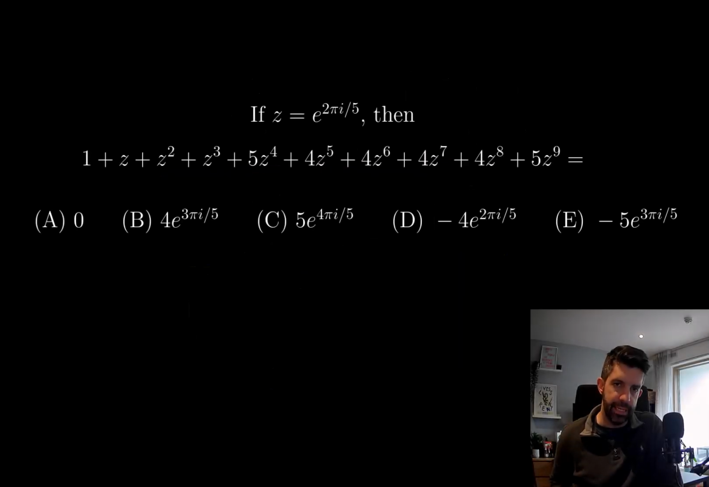If z is equal to e to the 2 pi i over 5, then 1 plus z squared plus z cubed plus, and so on, is equal to which of these quantities? Okay. It's interesting that they have these strange coefficients here, but I intend on solving this probably through geometry. z is one of the fifth roots of 1. So if I write this as z is equal to e to the 2 pi i over 5,